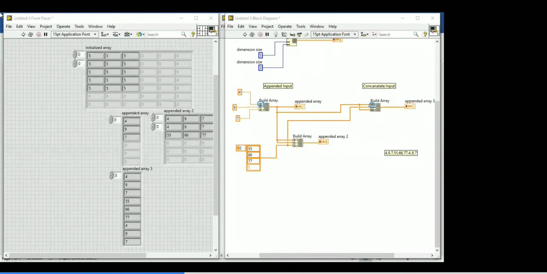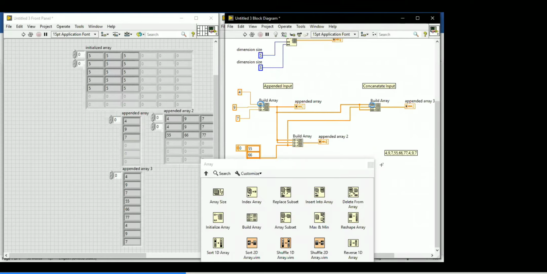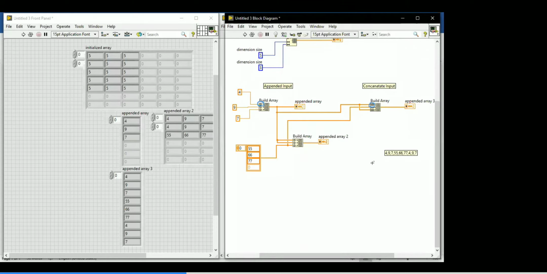Do it and save the VI. If done, we'll conclude the array topic, then we'll go for the cluster data type next.